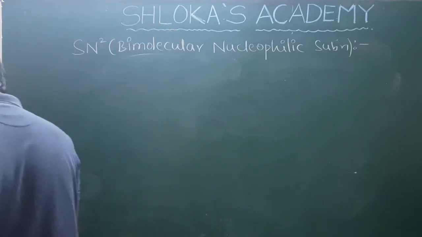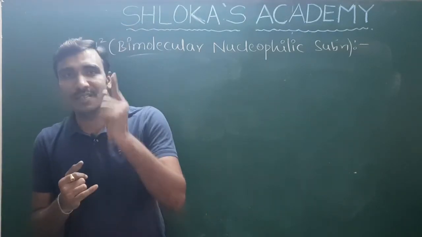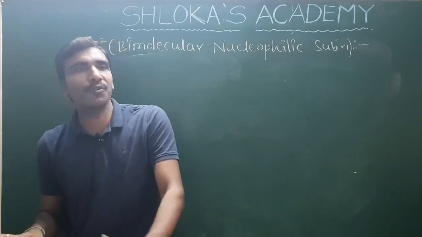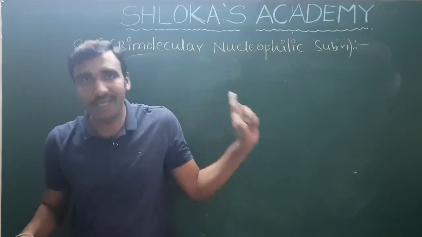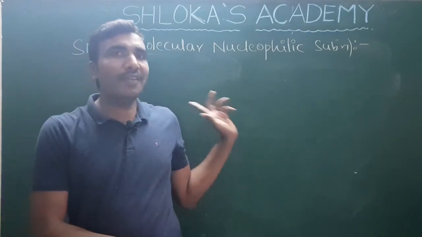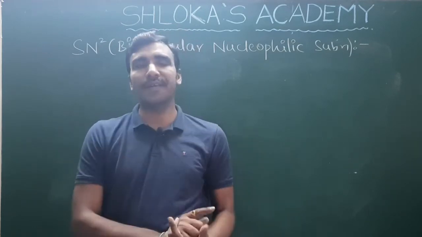So, 5 characteristics. What is the first one? It is a concentrated reaction, that means single step. No intermediate is involved, it just proceeds through a transition state, which is highly unstable. And third one, in the rate determining step, only 2 reactant molecules are involved, it is a bimolecular reaction.